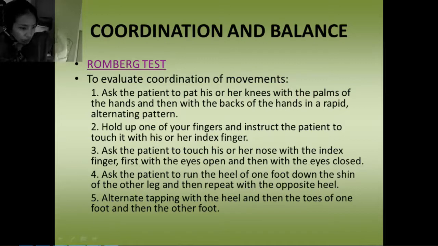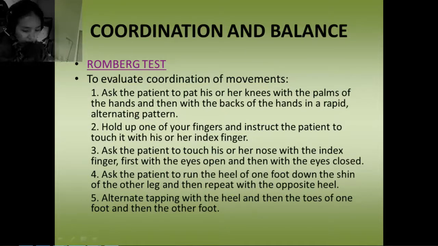So this is the shin. This is the foot of the other leg. So this is your heel and this is your heel and this is your toe part. So they're going to run their heel over to the shin downward and then doing the same with the other